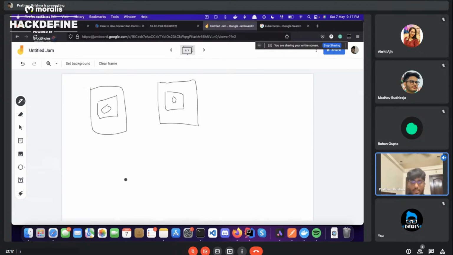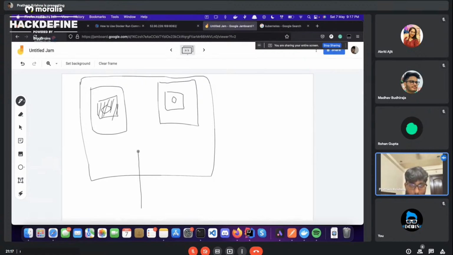Let us just create a bigger box, which is the file system. So let us say this file system is completely corrupted. So we're just gonna cut this out a bit. And so basically this pod is completely down. So any request that is coming will get redirected to only this. And we always want two pods running at all times.